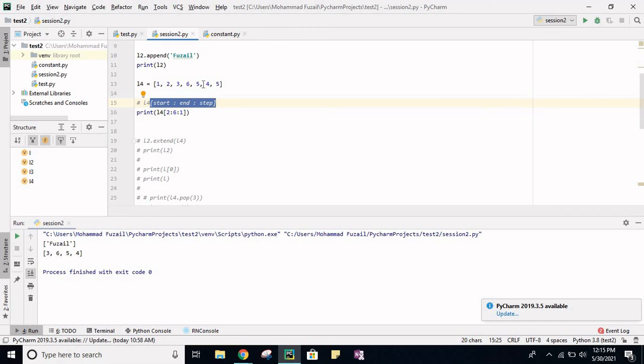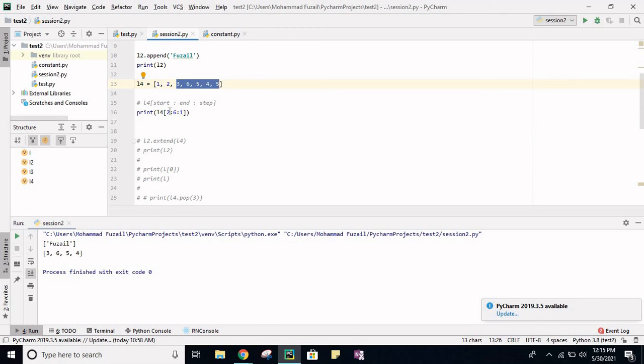Since you want every element, but suppose you want 3, then you don't want 6, you want 5, then you don't want 4, you want 5. So from the start, since we need to get every second element: here we got every element, but now we want every second element, 3, then 5, then again 5.